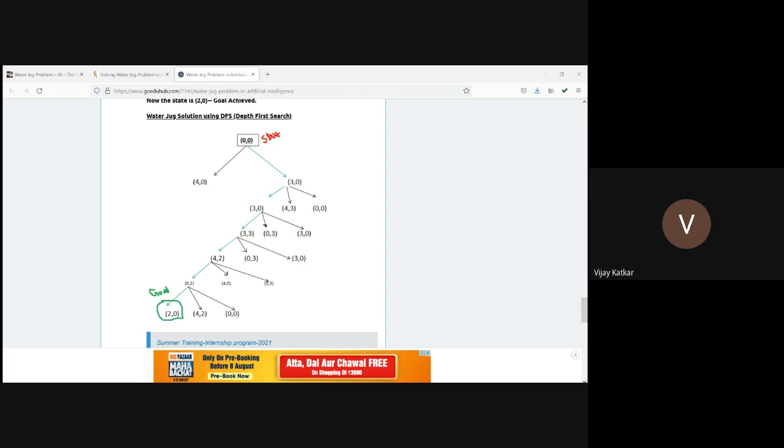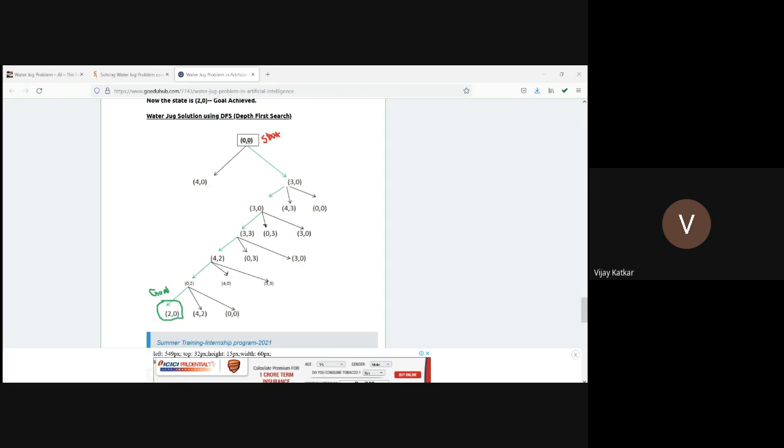Any doubt, class? What to do here? You are supposed to implement it using breadth first search as well as depth first search. For jug capacity, you can go for 4 comma 3 or 5 comma 3. There is even 8 comma 5 also.